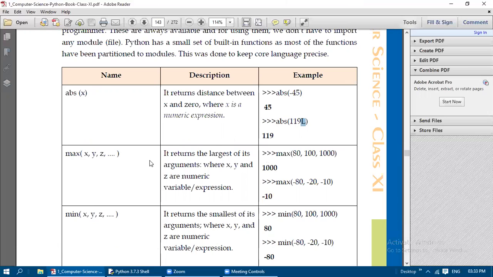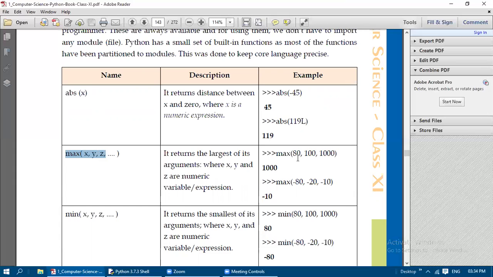Some values, if you are giving them inside this parenthesis separated by commas, so x, y, z here are called arguments, actual arguments. Whatever variables or values we are passing inside the parenthesis, that is known as actual arguments. That is in the function call. This is the function call only.